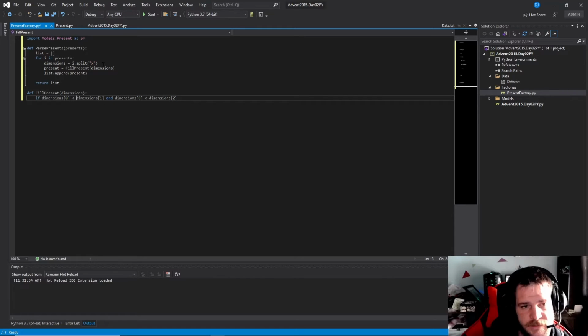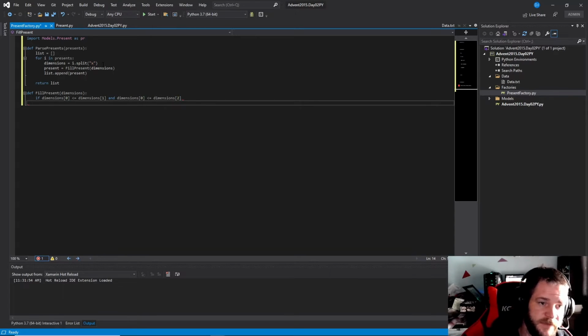I'm going to do less than or equals, just because what if there's two that are the same? So if it's less than or equal to both of those, we're going to do pr.present dot